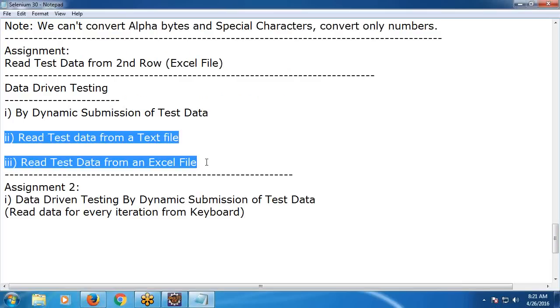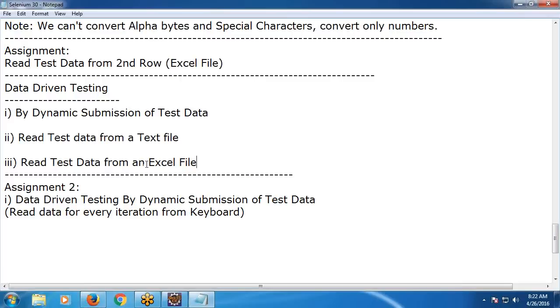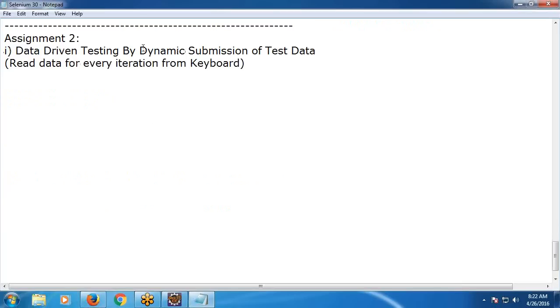Read test data from text file. Here you can use a large amount of data also. 100 records, 200 records, no issue. Excel file also, you can use large amount of data. By dynamic submission of test data, you can use this method for small amount of data, means 3 records or 5 records only. Just remember, Indian Railways